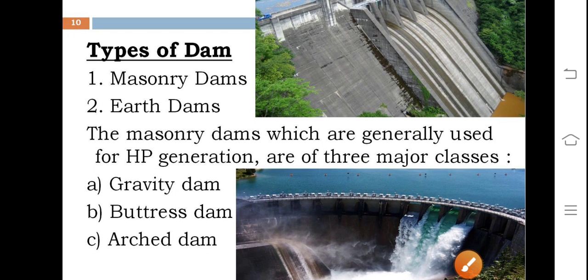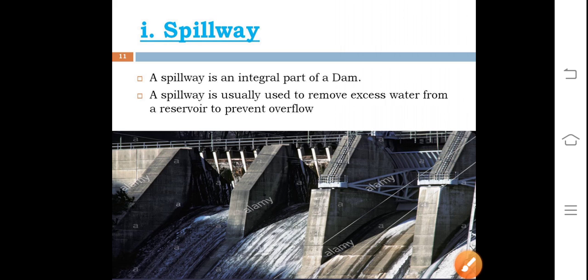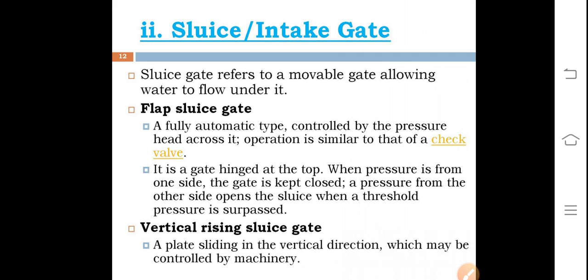So types of dams we need not study in detail in this subject. However, the photographs are also provided and types are also mentioned: masonry dam, earth dam, gravity dam, buttress dam, arch dam, etc. In the dams and hydraulic structures subject you will study in detail. Spillway also is not required in this subject. It is provided just for your further reference, so that through this subject, the elective subject also can be correlated. One of the hydropower elective subjects you can definitely do.